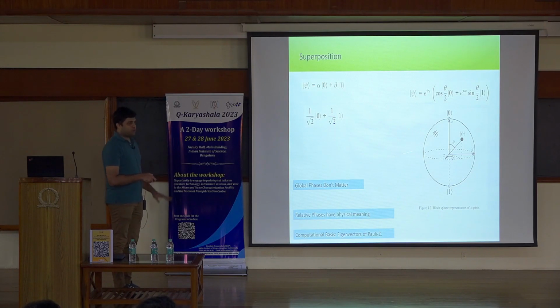And when you do quantum computing, you assume that 0 and 1 are the eigenvectors of the Pauli Z operator. That's just the standard way of doing things. Or rather, you define Pauli Z as the diagonal matrix 1, minus 1. Okay, so Pauli operators everybody knows, right? What are the eigenvalues for the Pauli operators? Right.